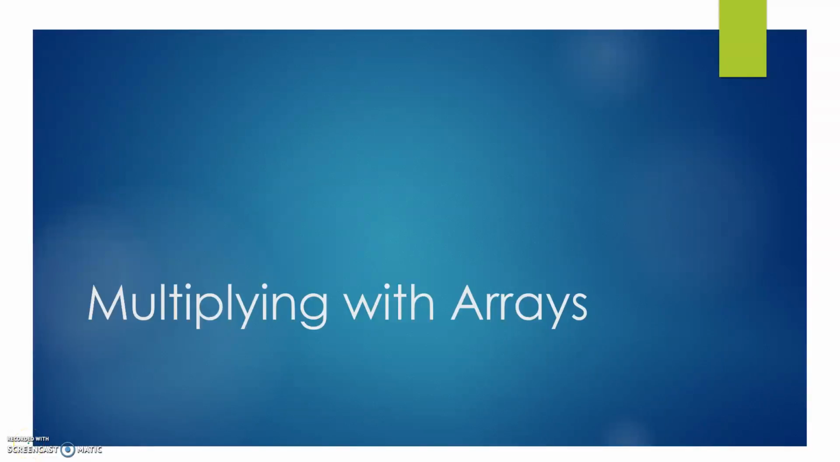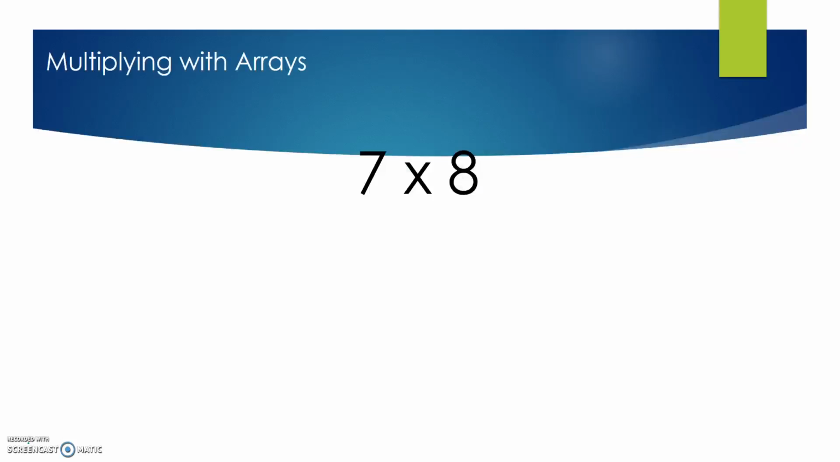Today we're going to look at our last multiplication strategy, and we're going to be multiplying with arrays. So when you're multiplying a larger number like 7 times 8 and you're drawing your equal groups,